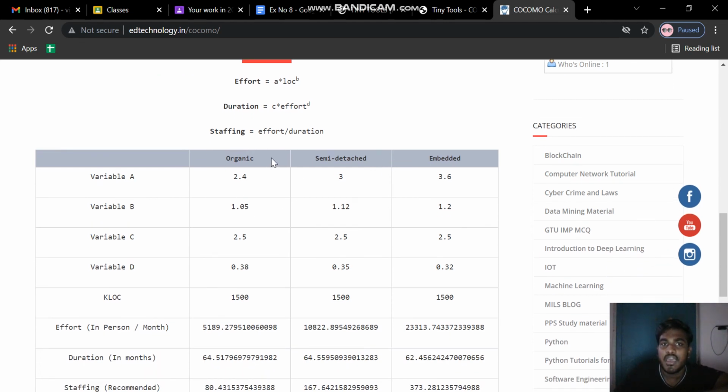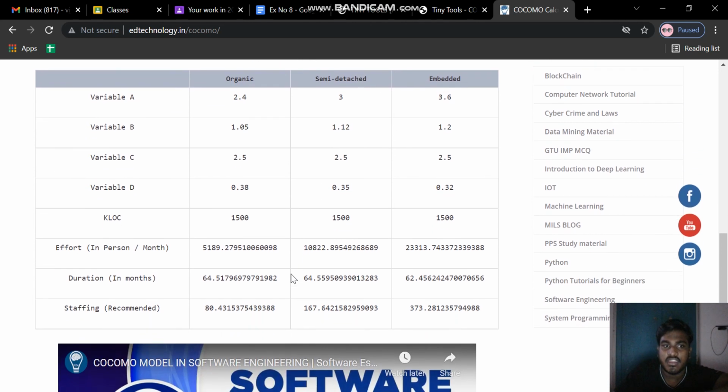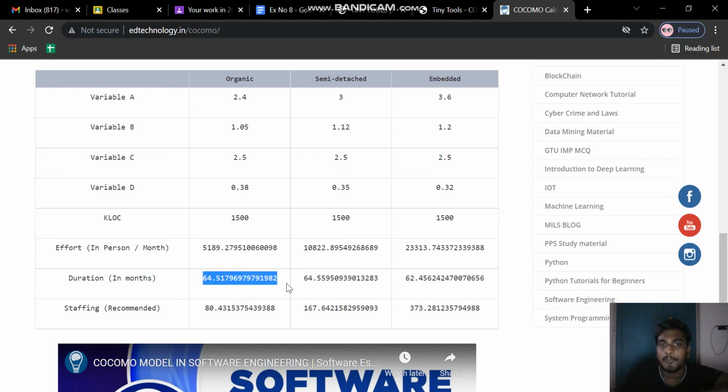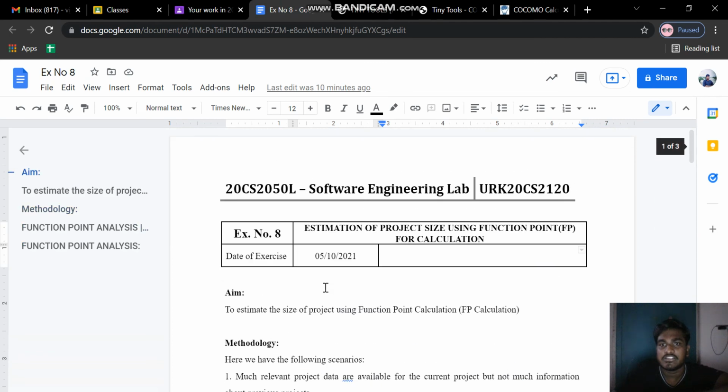Variable a differs for organic, semi-detached and embedded. See here, effort in person-months for organic, semi-detached and embedded we are getting particular data. Duration and staffing we are also getting separately. So this is our function point analysis program.